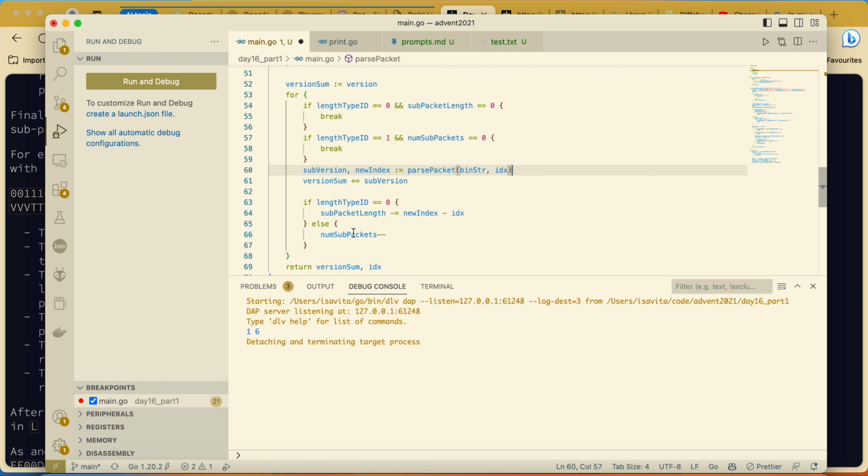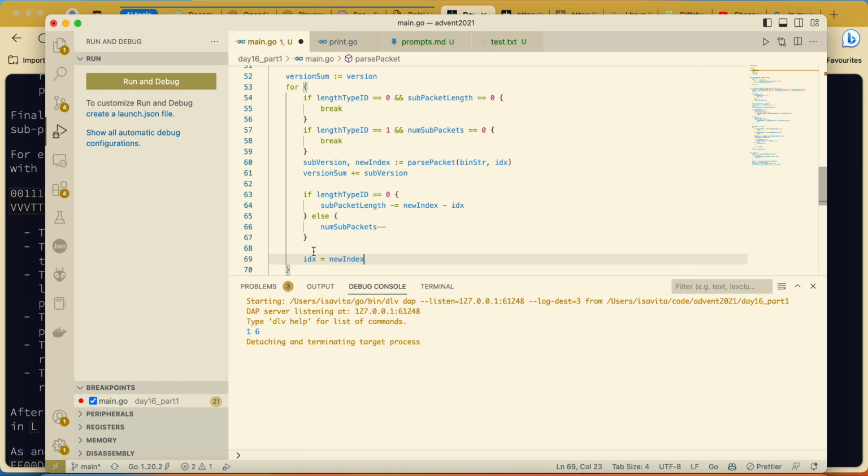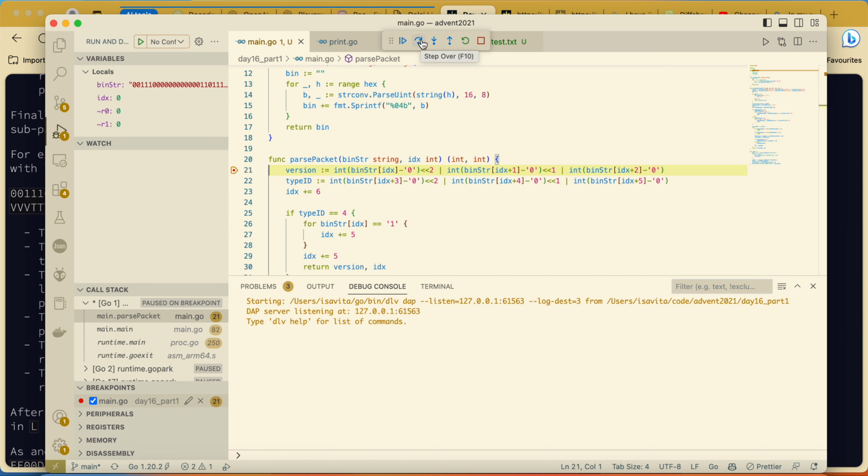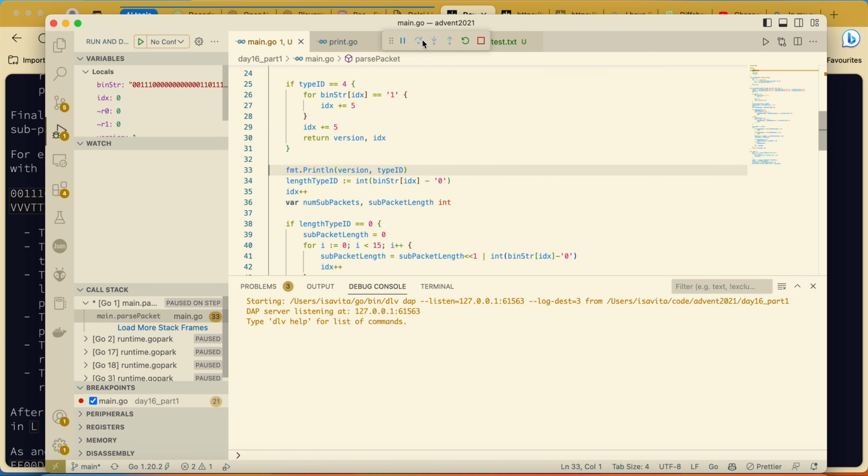This part of the logic needs to be done here. That's my guess.